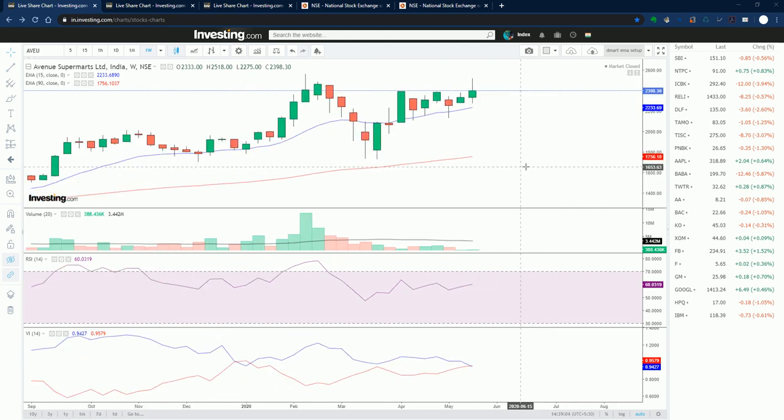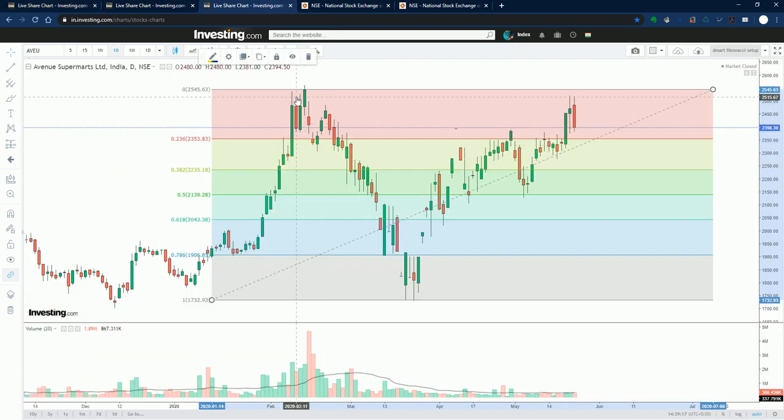Now we look into the other setup. I have plotted the Fibonacci setup. Here we can see that the stock is almost forming a double top. So the up move can resume only if this area gets broken. That is, the 2545 level has to be broken to continue the up move. Then only we can see a breakout. We can also see there was continuous consolidation in the 50% and 38.2% zones. Above 50% there was a consolidation and then it gave an up move. But whether it will continue or not, we will backtest it.